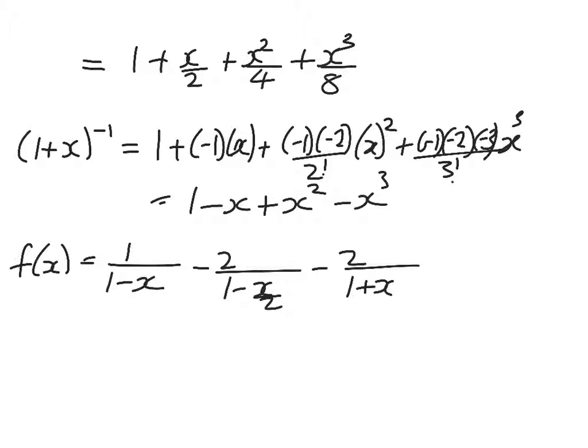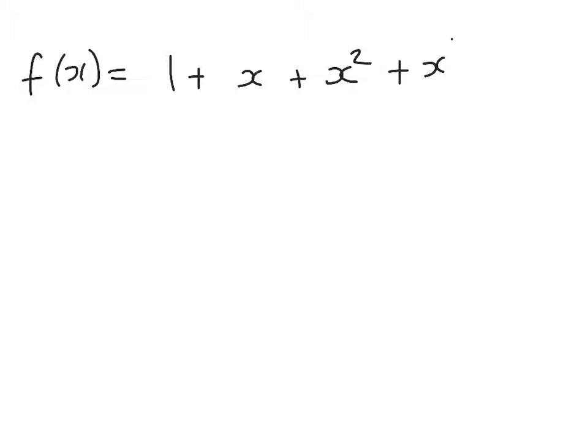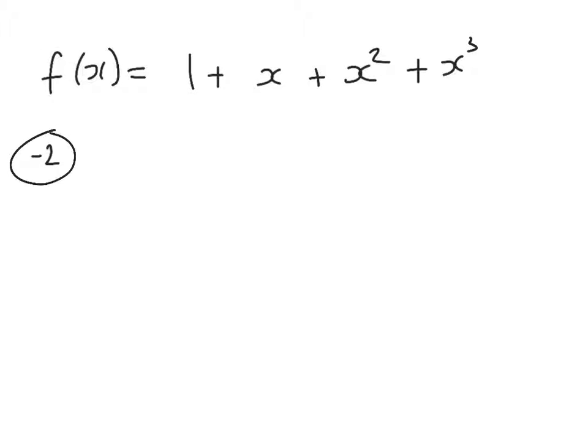And we've got our 3. So hopefully you've got a nice big bit of paper with you, because the way I'm going to do this is to line things up in place value order to keep it a little bit tidier. So f of x is equal to 1 plus x squared plus x cubed. Now on the next line I want to have minus 2 times the expansion. So that's going to give me take away 2 minus 2x over 2